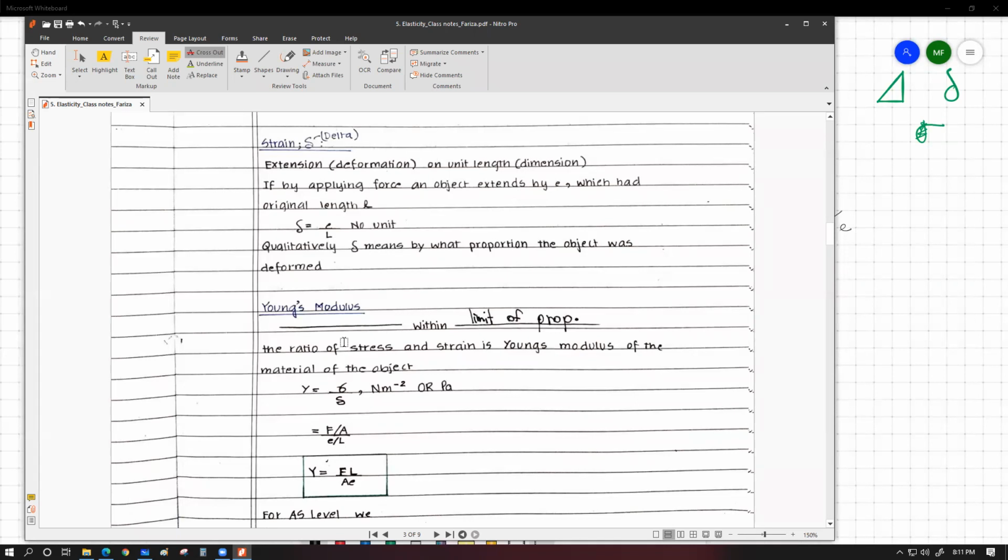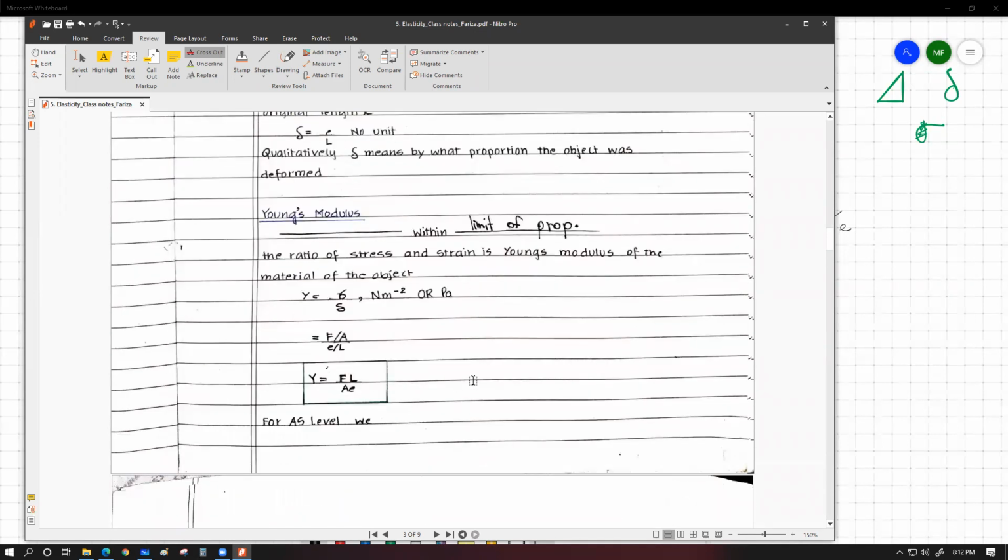same Young's modulus. So if we have, let's say, objects of different dimension, some are long, some are small, objects of different shapes, some are cylindrical, some are spherical, some are cuboid shape, doesn't matter. As long as all of them are made from the same material, they're going to have exactly the same Young's modulus. Young's modulus is a property of the material of the object, which is really, really important not to mess up with. আচ্ছা,